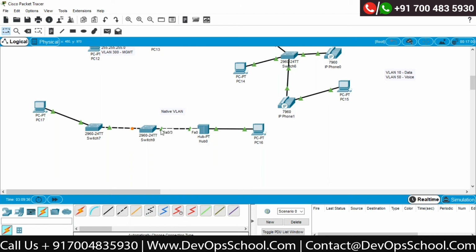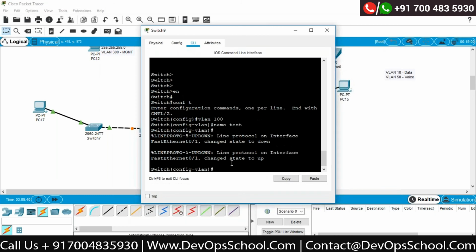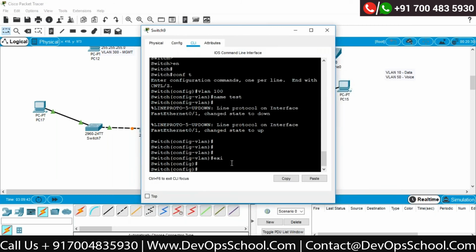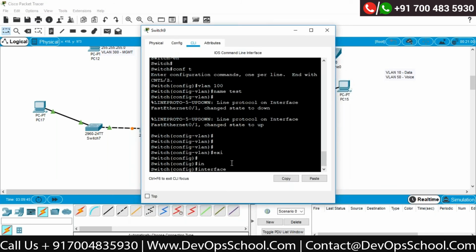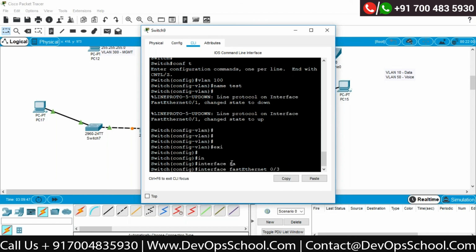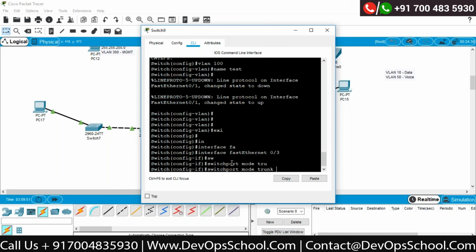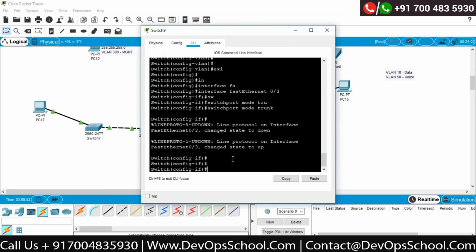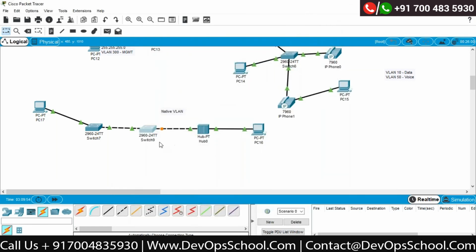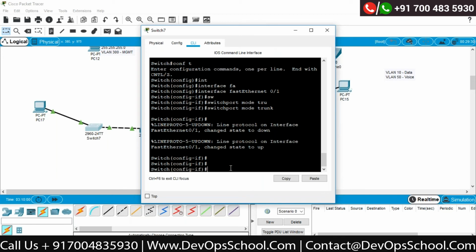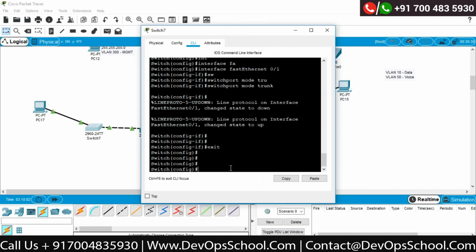So interface fast Ethernet 0/3, switchport mode trunk. We did that, but the switch knows the other port is not a trunk at all. Now if I go here and fire something,